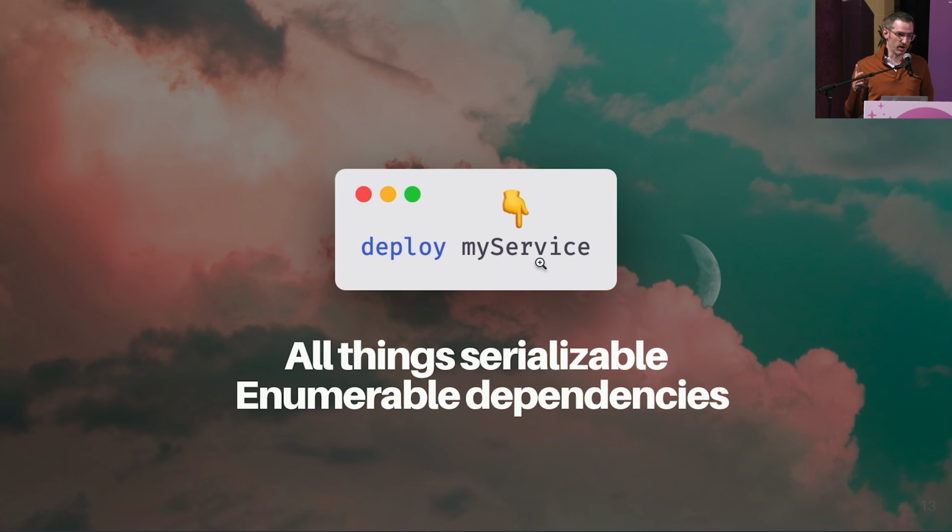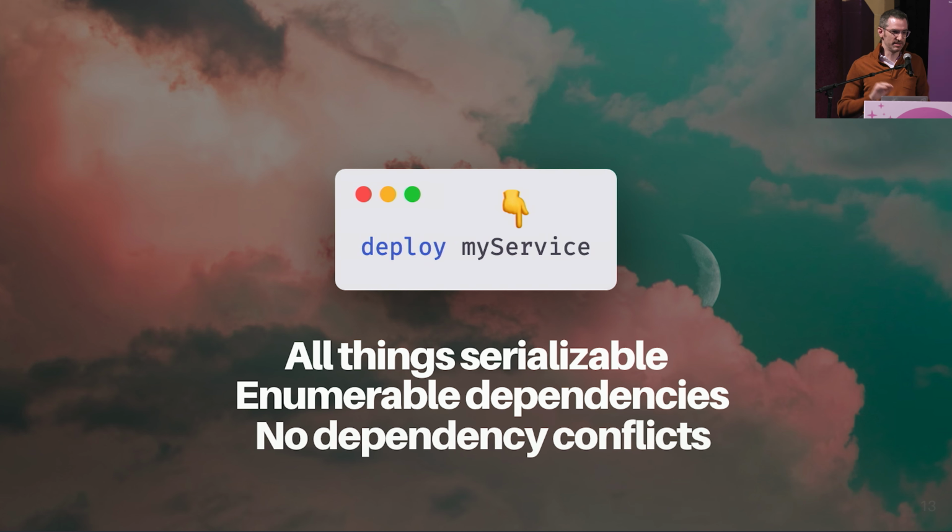But that's not quite enough either, because it seems possible that wherever we're deploying my service to could have a conflicting set of dependencies. And so we need some story for completely eliminating dependency conflicts as a possibility. Anyway, seems like kind of a tall order, but if we can do all three of these things, then we are good to go and we can deploy services with a function call.